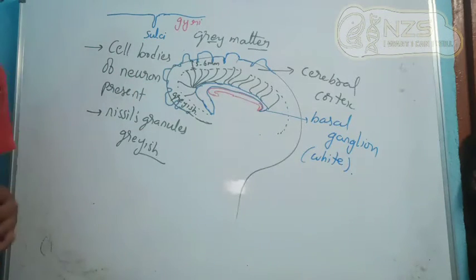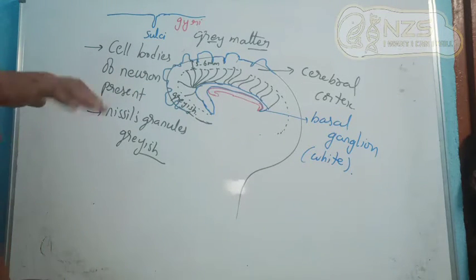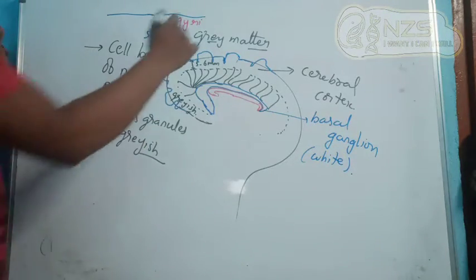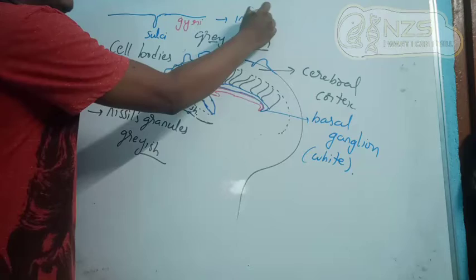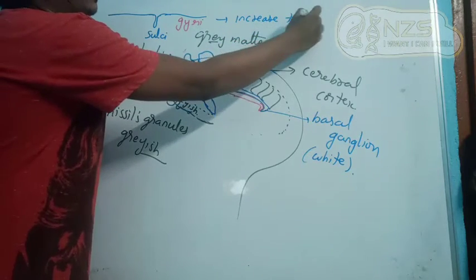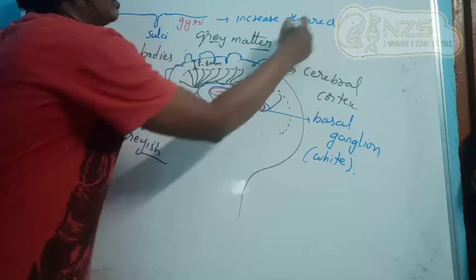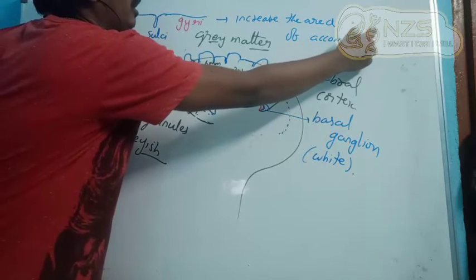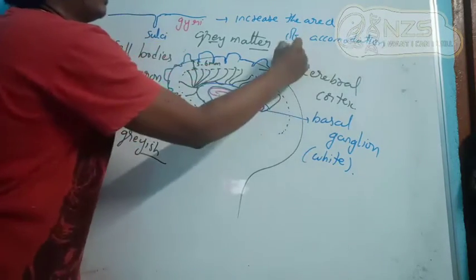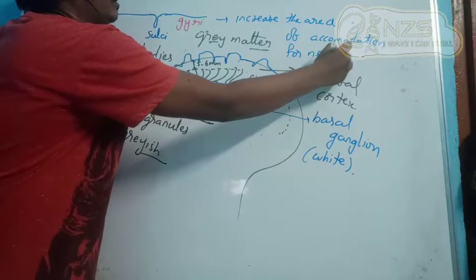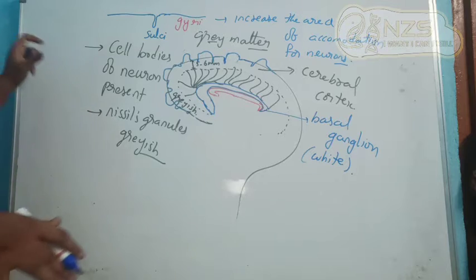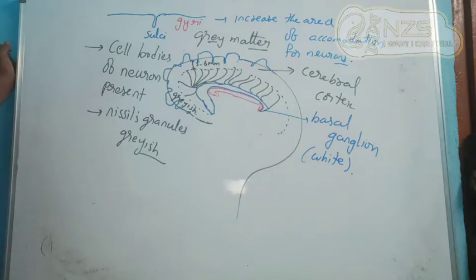And what is the use of this gyri and sulci in the region? So you all know the gyri and sulci, the depressions, they increase the area. What they will do is they will increase the area of accommodation for neurons. Not only that, according to some researchers, it is said that around 2/3 of the cerebral cortex,